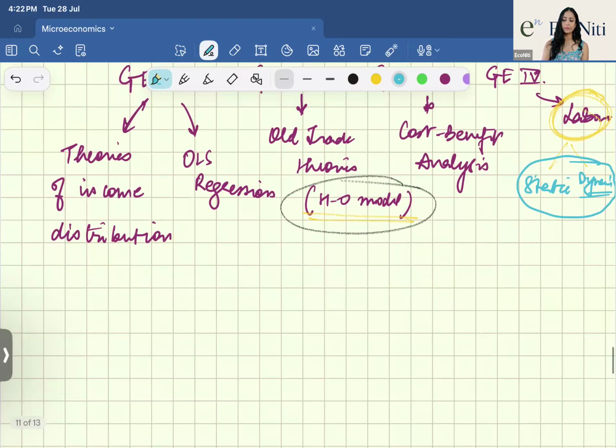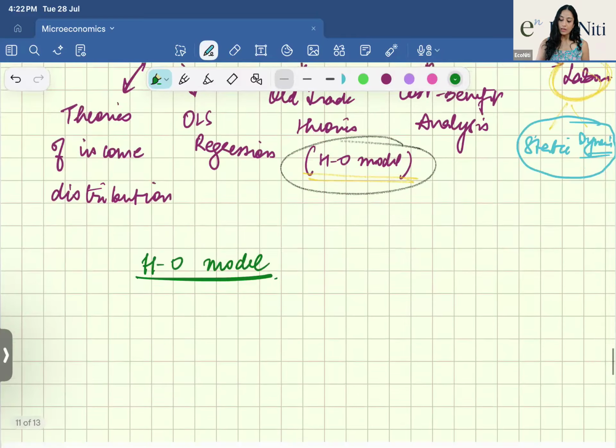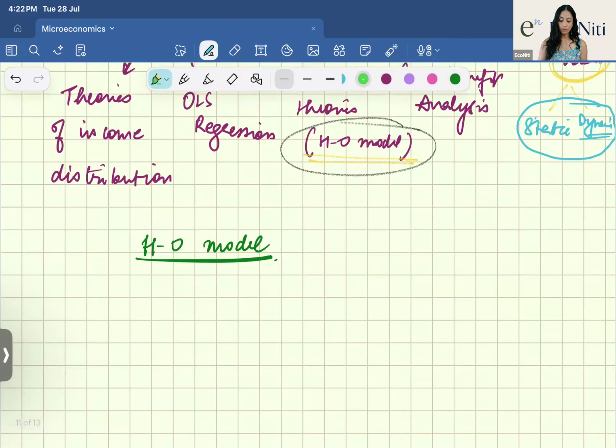So let me get started with the Heckscher-Ohlin model. Remember, not teaching, right? Just telling you what all should be covered in the Heckscher-Ohlin model. Okay. In the Heckscher-Ohlin model, what you need to cover, any model, usually that is how it will be. First thing you want to cover is the context. Context means the Heckscher-Ohlin model came after the Ricardo model, which means that it was filling some of the gaps that the model left. Mainly two things. One, that the comparative advantage was just assumed by Ricardo and everyone else before him,